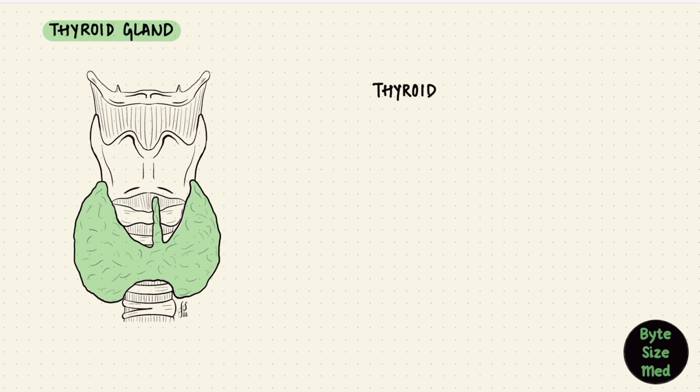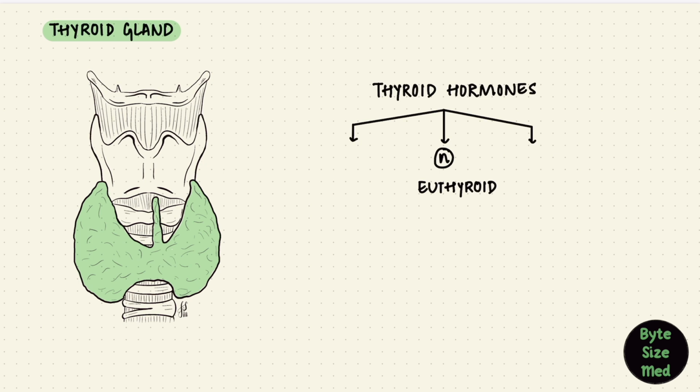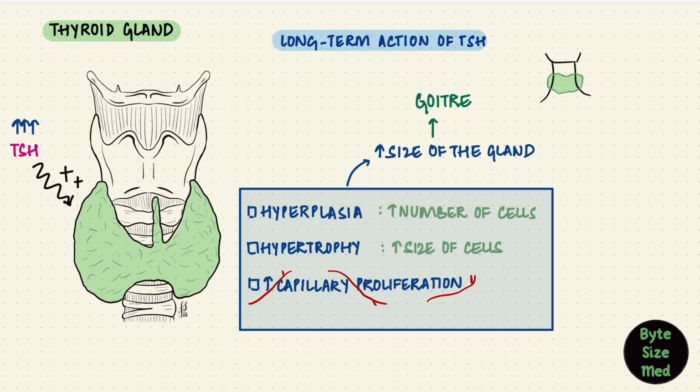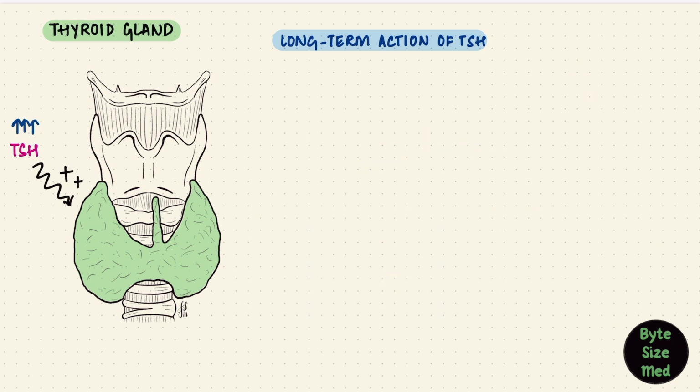When the thyroid gland secretes normal amounts of hormones, that's considered euthyroid. When a lesser amount is released, that's hypothyroid, and more is hyperthyroid. But a goiter can happen in any of these conditions, so it doesn't actually tell us about the thyroid hormone status. It just tells us that the thyroid gland is enlarged.